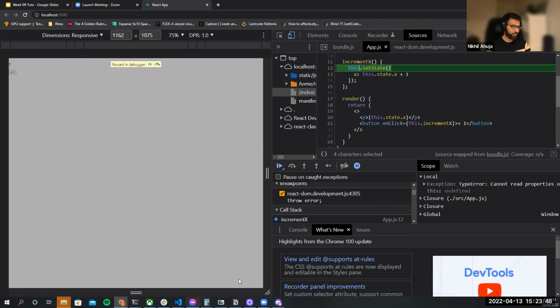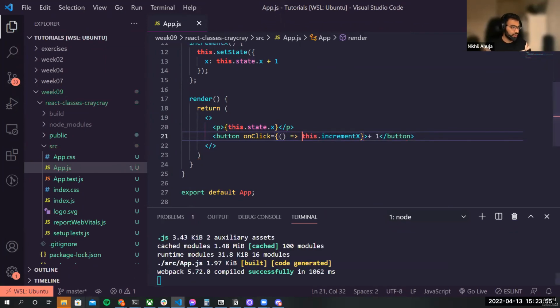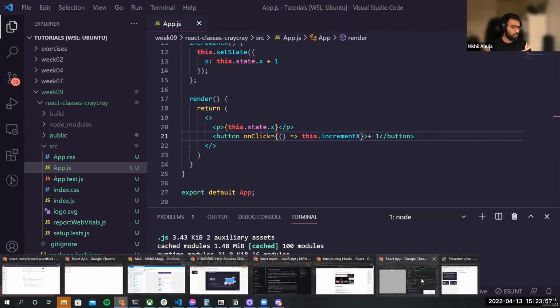So there are a couple of ways to fix this. The easiest of which is to just wrap this in an arrow function. So it looks like this. And now if I do this,